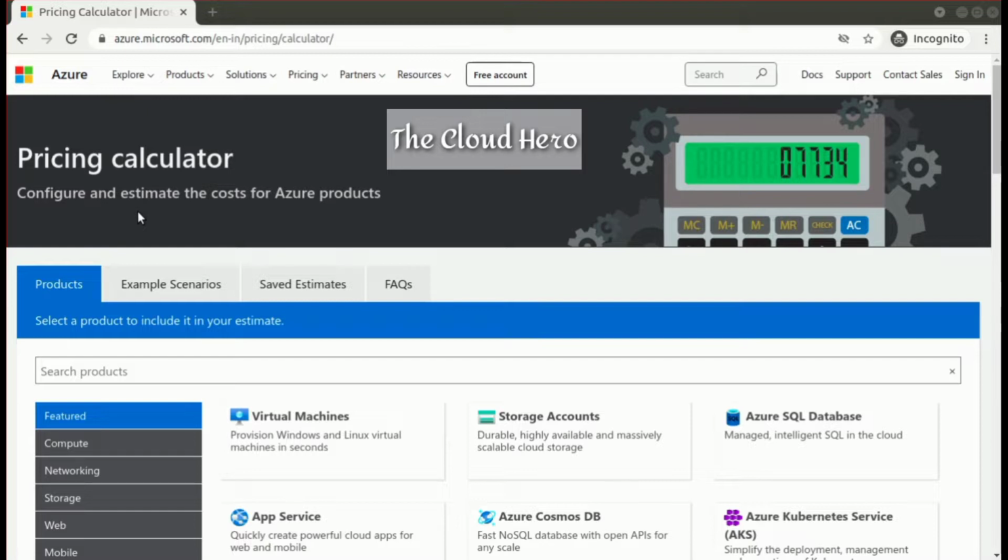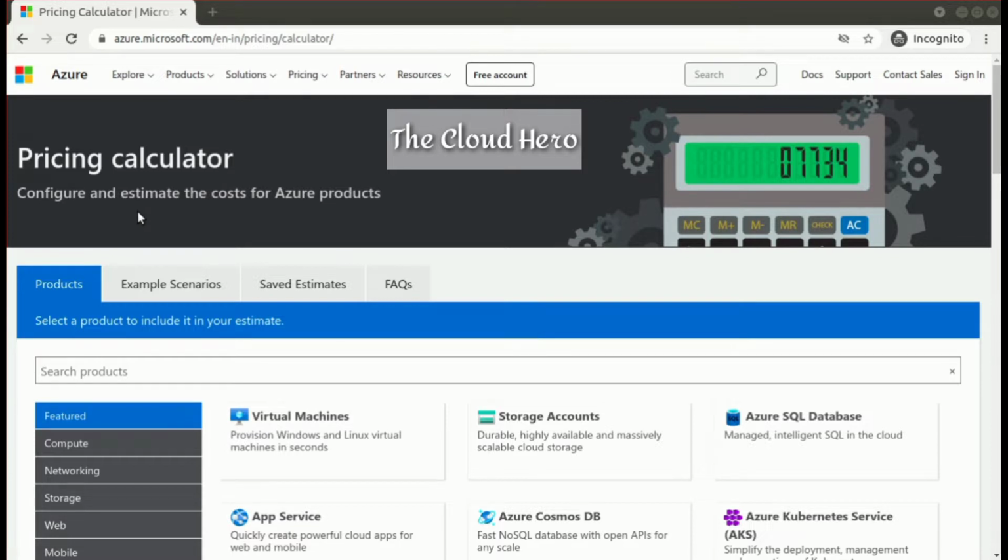So this is the Azure Calculator. In your browser you just need to type Azure Calculator, and after that click on the first link so you can automatically redirect to the Azure Calculator. You don't need to sign in with your account, no need to pay any amount for the Azure Calculator, that is freely and open source available over the internet.